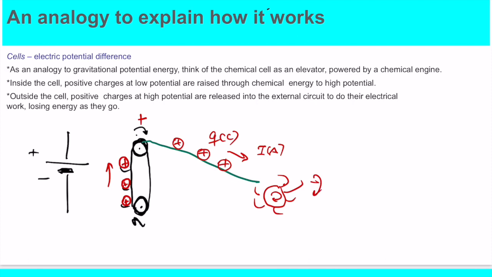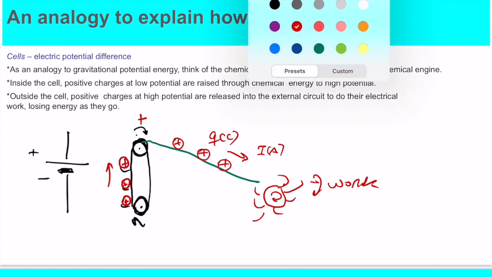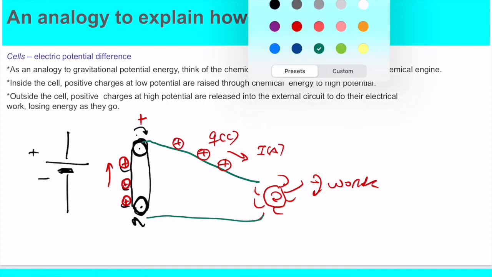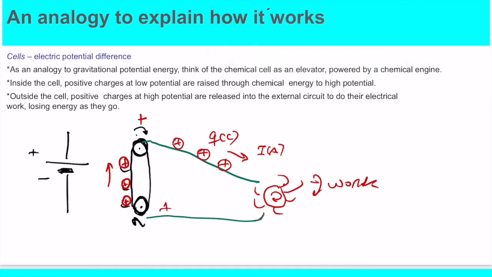So they do work, and the circuit needs to be closed, so these charges need to go back to the circuit. There needs to be enough energy for the charges to go around the circuit and return to the elevator, right? So this is more or less how we can understand the big concepts here, the concept of potential difference,